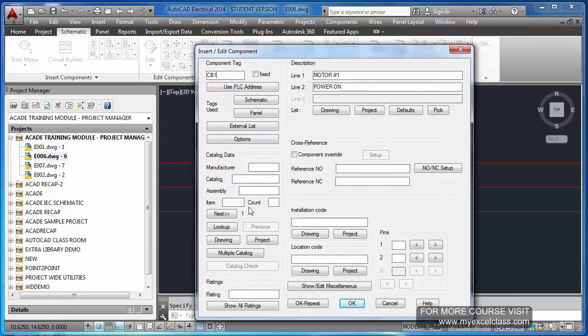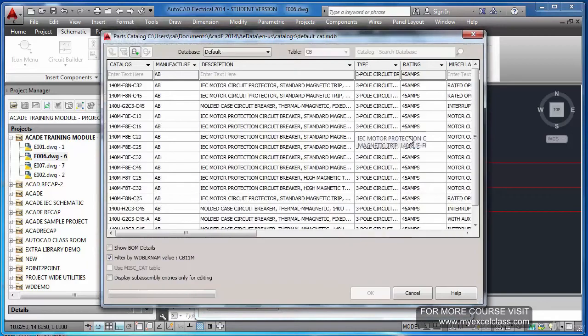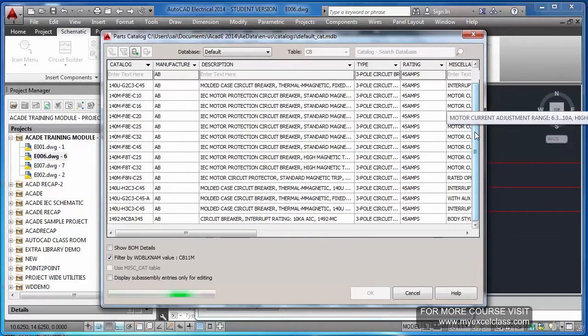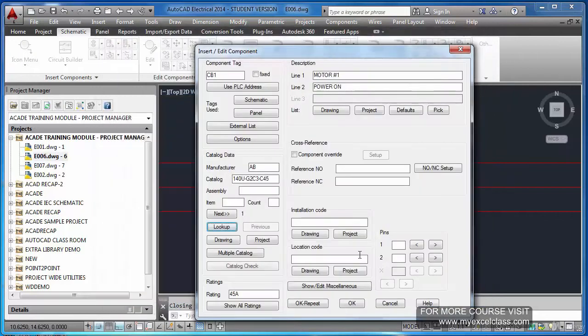Okay, the same way here also you can look up the catalog. See, these are all the catalogs available, mostly AB makes only. AB is Allen Bradley, so I am picking the first one. The catalog number comes here, the manufacturer's name comes here. Again, installation location I can add, and this is 45 ampere.